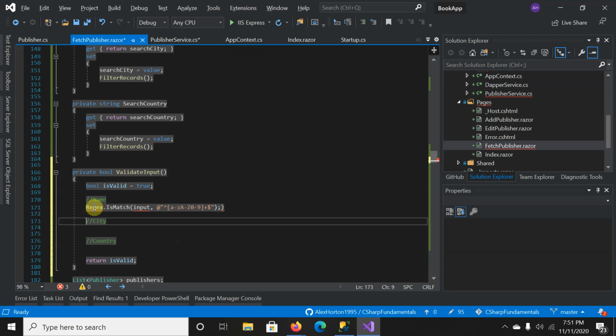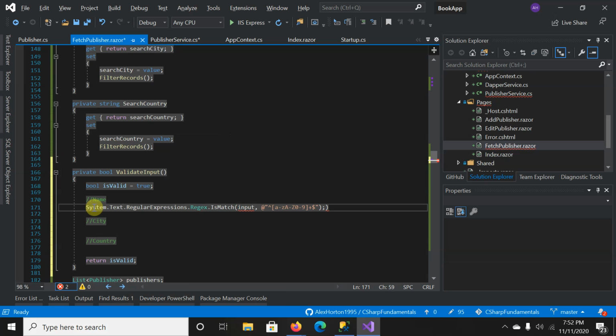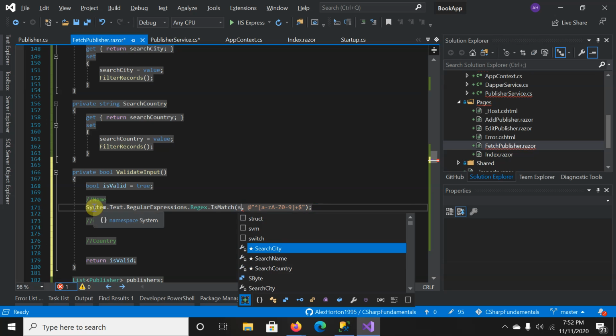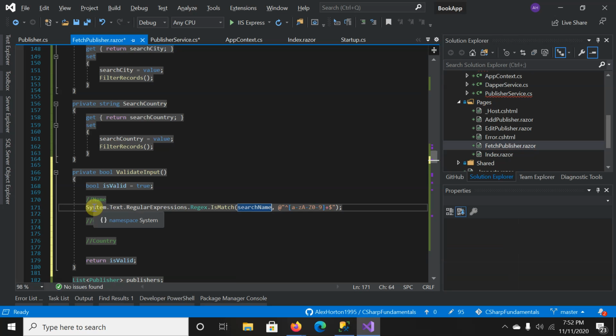And no, I gotta do system text expressions regex and is match. And I can put search name in there. And I can say if it's true,